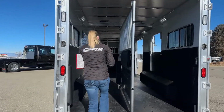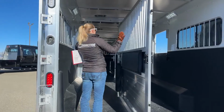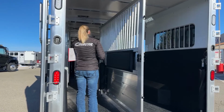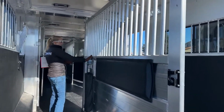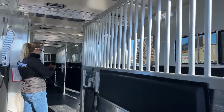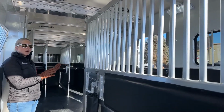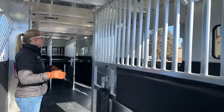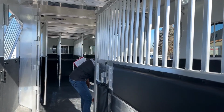As we work our way in here, we went ahead and did bar type over the head and the back, and then it's solid below. So on a lot of trailers, you'll see a breakover head divider right here, but we found that having this walk-on, walk-off situation, this center box is such a good size that we don't need to have a breakover, and it makes it a lot safer if you're using this as a box stall. This trailer is super easy to turn into a box stall. You can do it